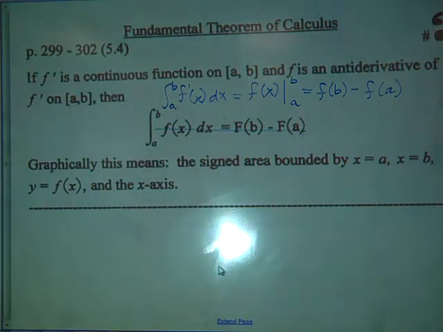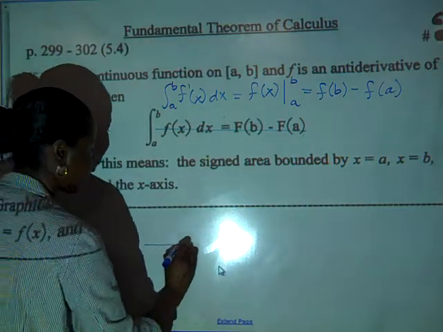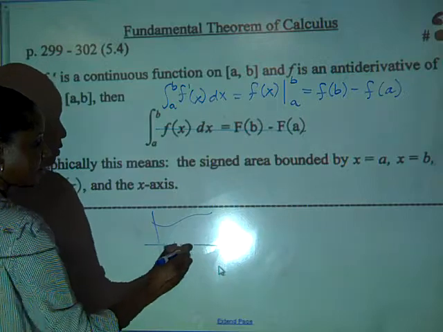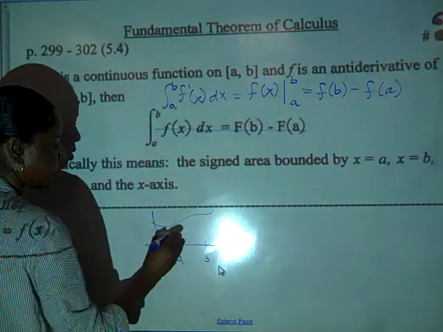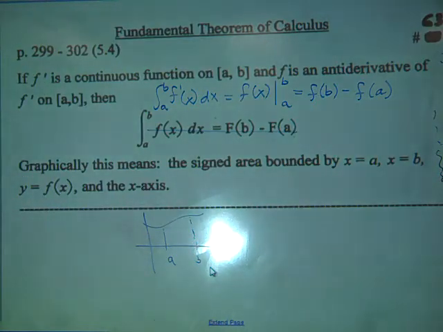Now, graphically, that integral can be a lot of different things. In a word problem, it could represent the accumulation of oil in a tank. It could represent the accumulation of a population. Graphically, this is really what I'm talking about here. Okay? Now, you've already done this where you know that that integral represented the area accumulated from a to b,